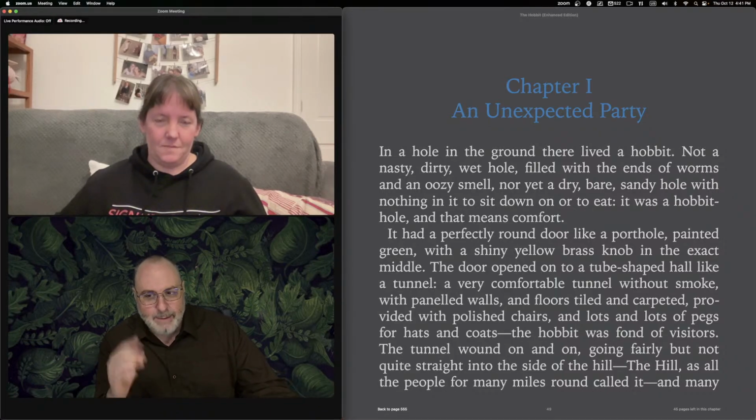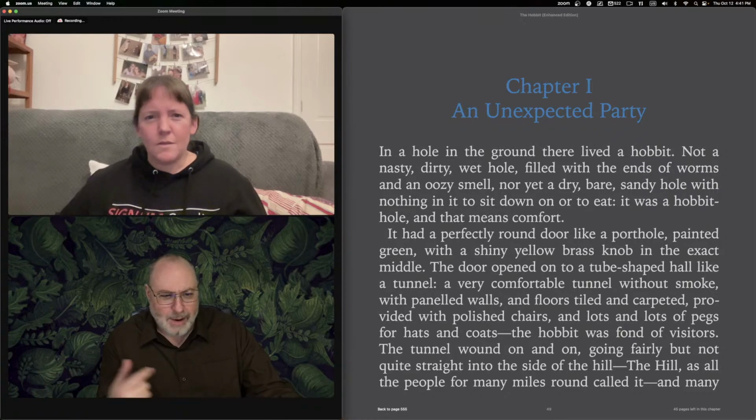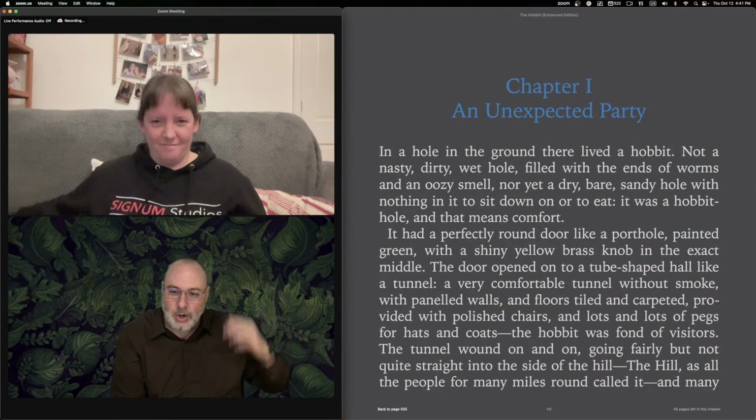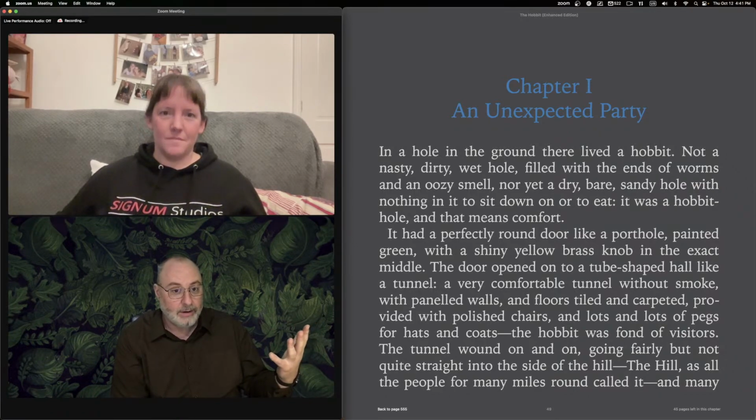And notice immediately through his negatives, with nothing in it to sit down or to eat. Right. What we're thinking about eating. We're thinking about furniture. There could be furniture in a hole. Right. Exactly. So notice there, he's also already altered our sense of scale of this hole